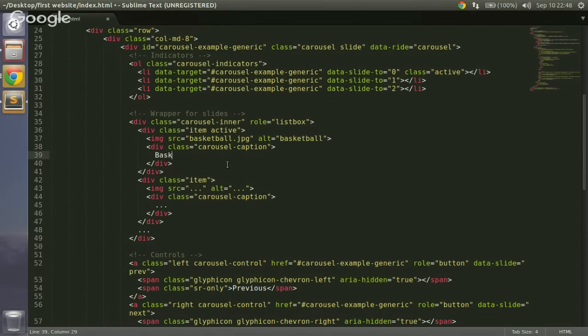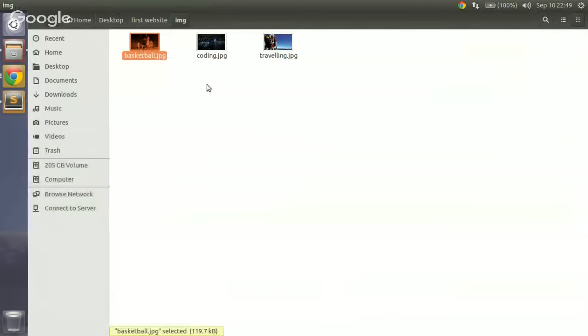Here, capital B, basketball. Second img, I'll add traveling.jpg. Wait. So it will try to find this file in the same location, and it will throw an error